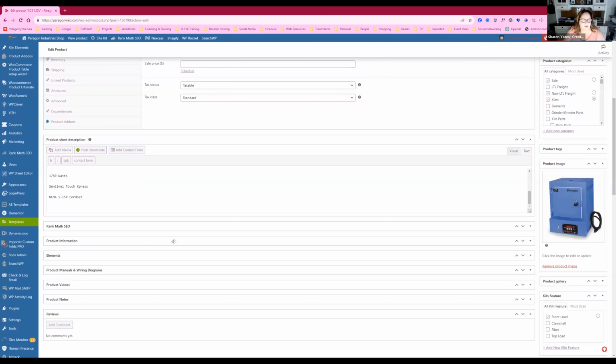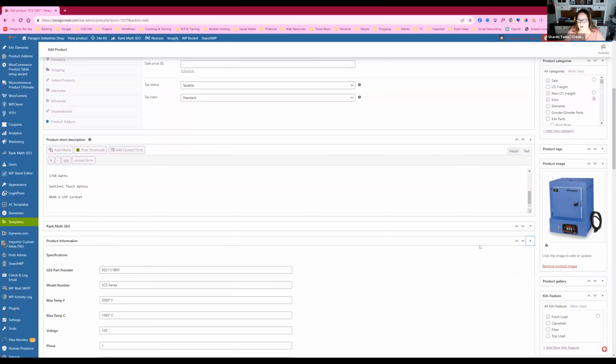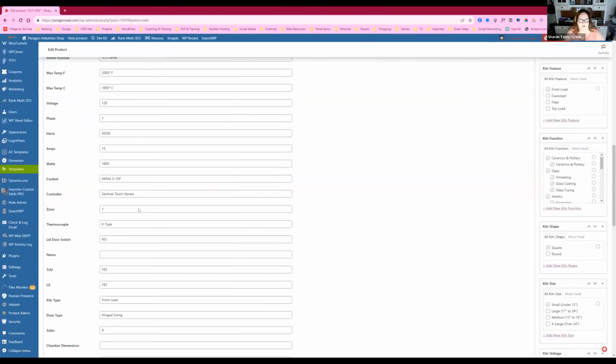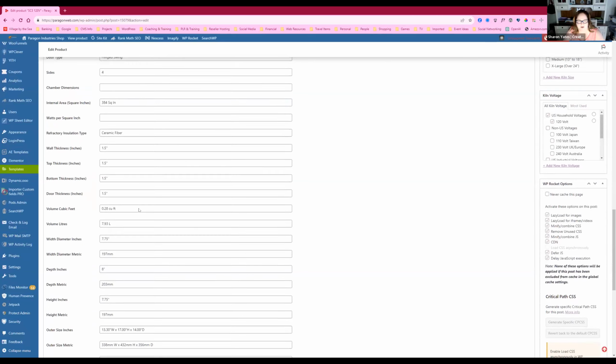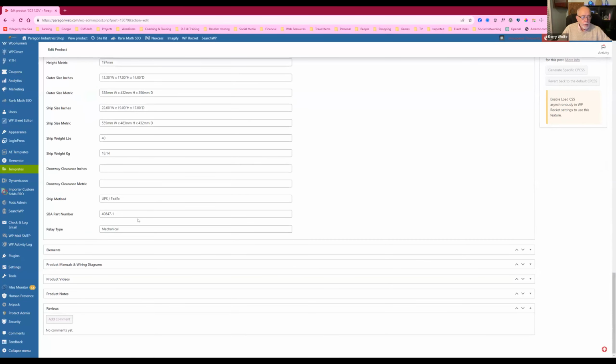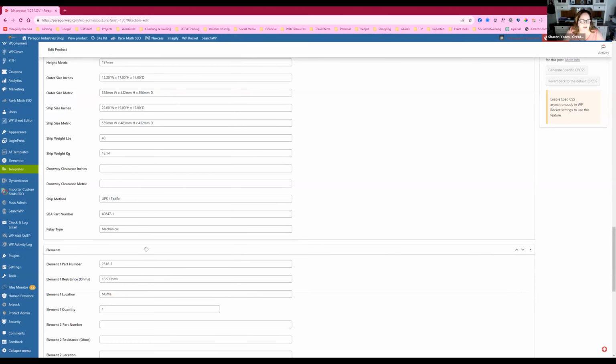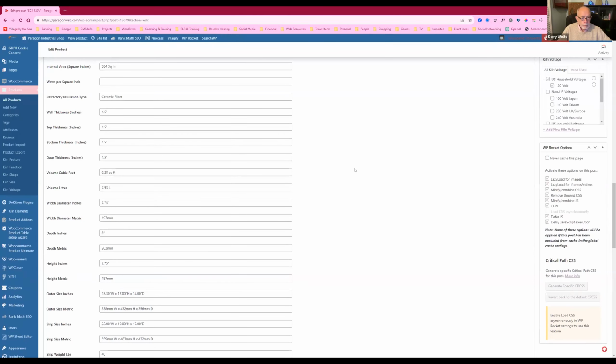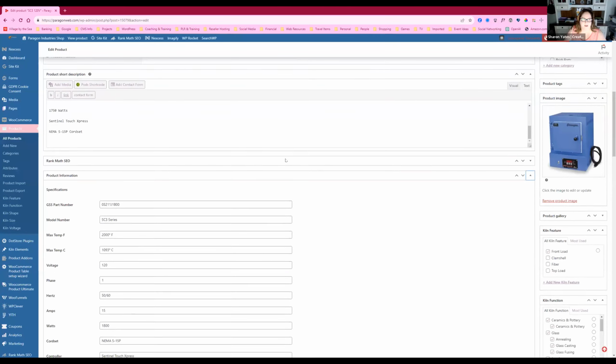Here's where you start to see what I've added in. Here are all the fields for those product specifications. If you don't need them, you just leave them empty. Like I said, this information is pushed into the website through an API from the company, so if they don't have information there, it's just left blank. And so the template that displays these products